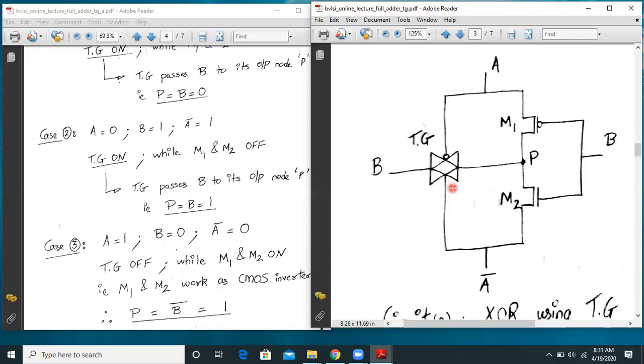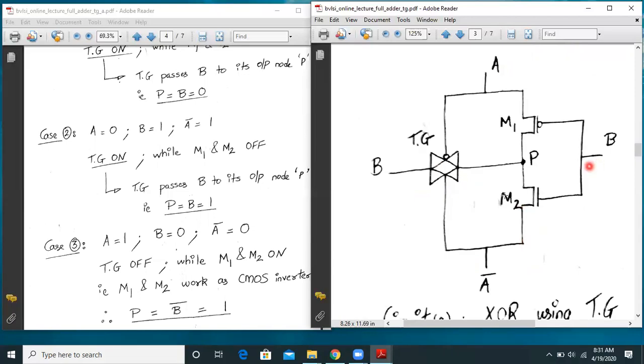Now let us check what happens to M1 and M2. M1 source terminal is connected to logic 1 since A is 1, and M2 source terminal is connected to ground because A bar is 0, and you are applying B as 0.